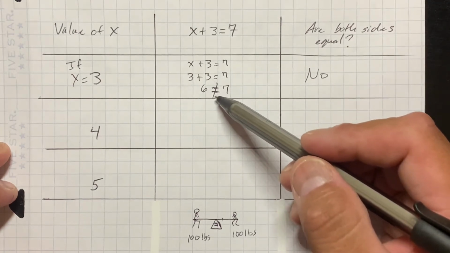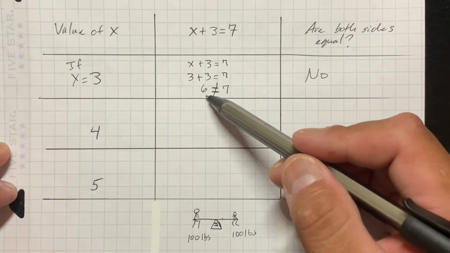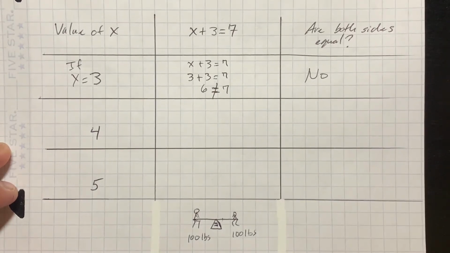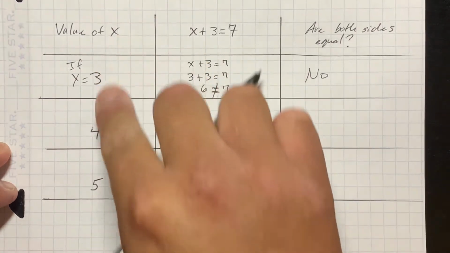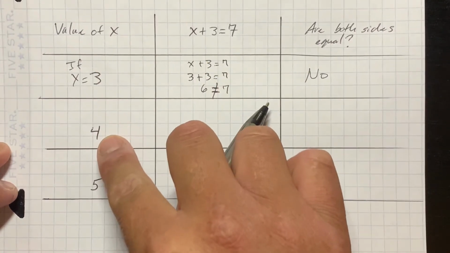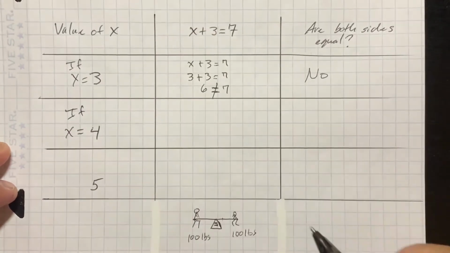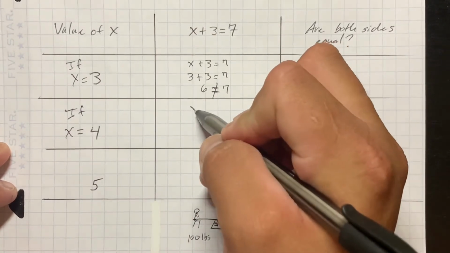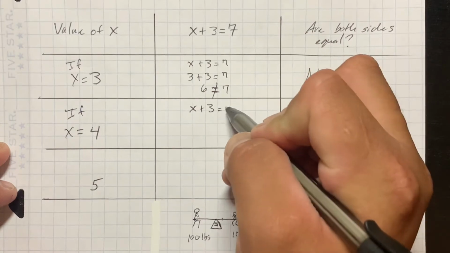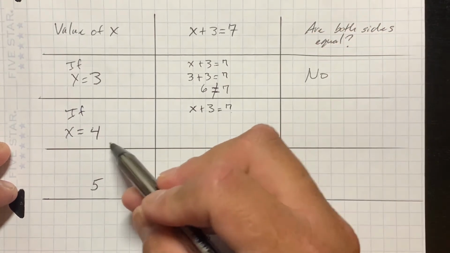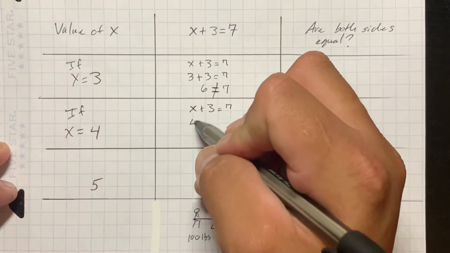That basically tells us in math that 6 is not equal to 7. Okay, let's do it again. This time we have the value of x. This time it's 4. So if x equals 4, and we substitute that in the equation, x plus 3 equals 7, and substitute 4 for x,